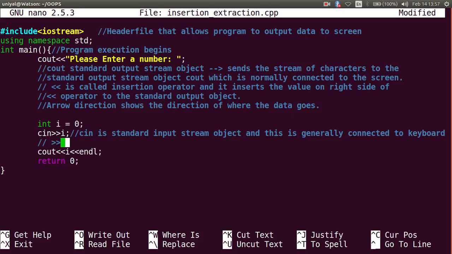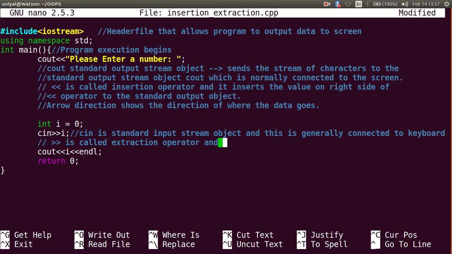And what this arrow indicates here, this arrow is called the extraction operator. As we have seen here, the arrow which we are using with cout is called the insertion operator, and another arrow which is the reverse of that arrow, actually these are the two arrows which we are using with cout and cin. So this arrow is called the extraction operator,